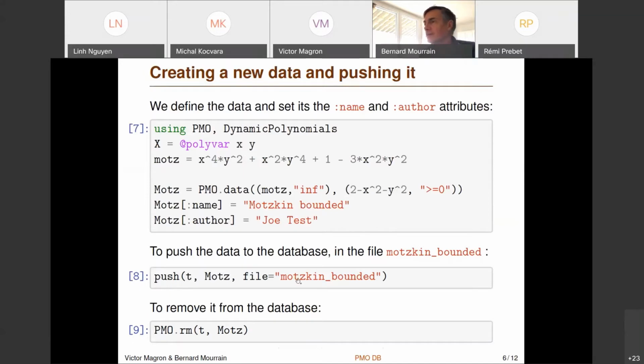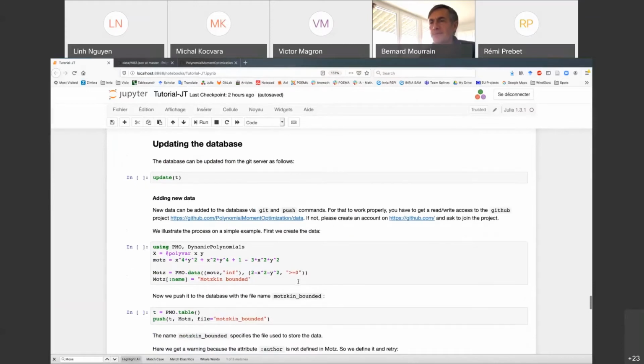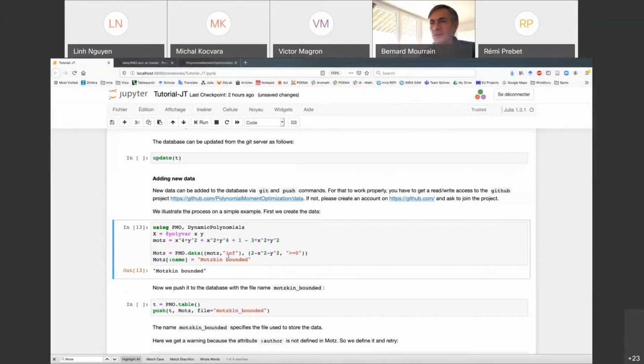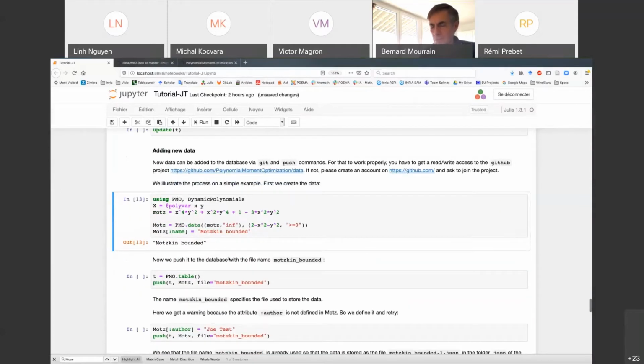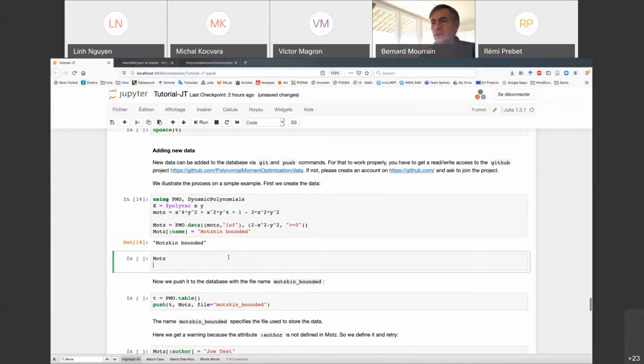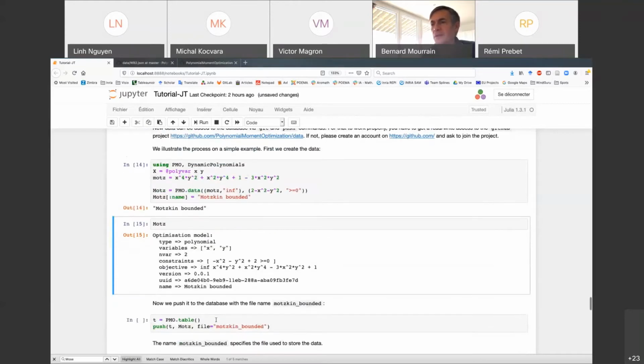So I'm doing the exercise here. We have created this polynomial program. If I type what is mods, I see this program with this information, so the version, the identifier, the name, and so on.